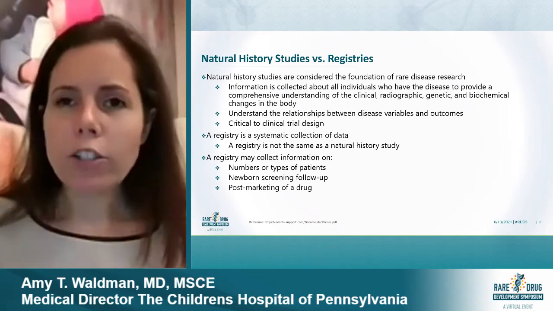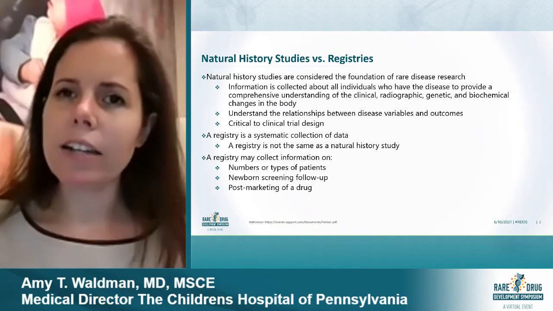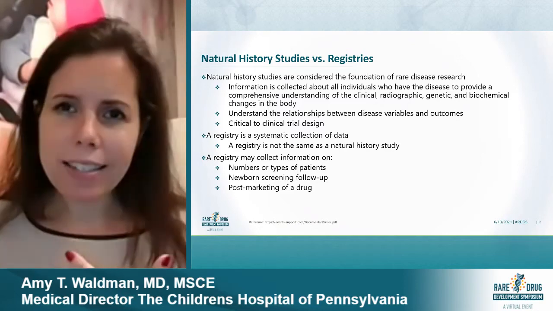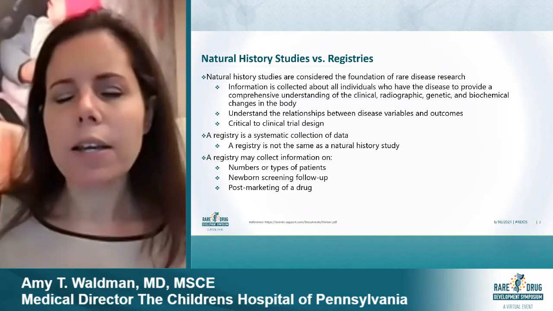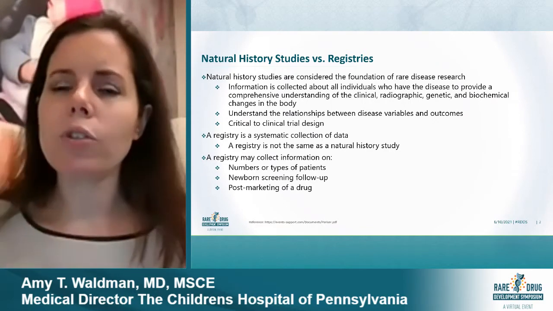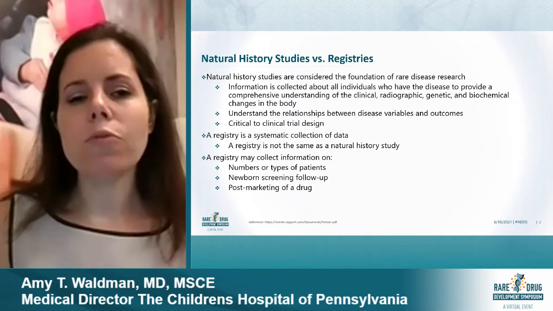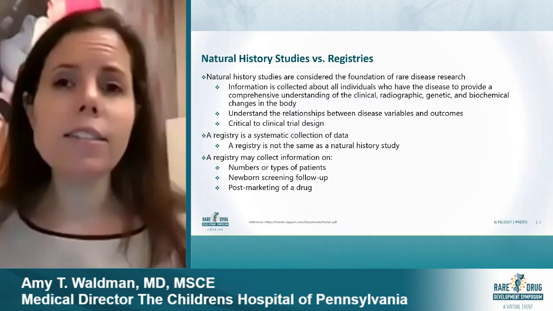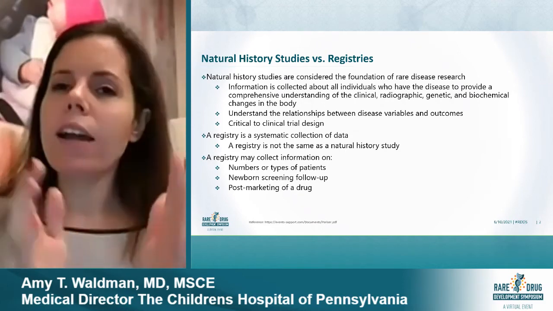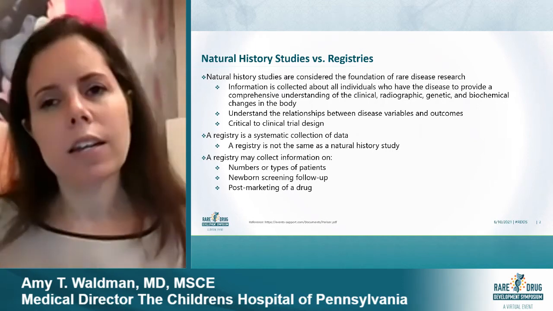On the other hand, a registry is a systematic collection of data, but it's not exactly the same thing. So you can have a registry or a patient list or a contact list, but usually it doesn't necessarily have all of those components I just mentioned as a natural history study. Still very critical, right? So we have a registry that has all the patients that contact us, whether they want clinical or research care. But it's not the same as our natural history study, where we're actually collecting specific data